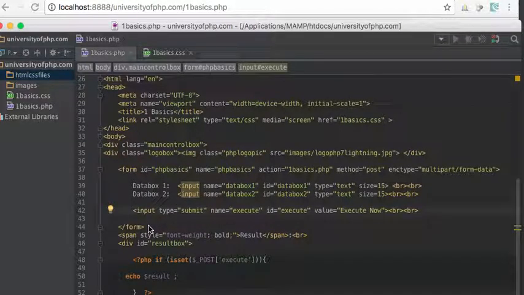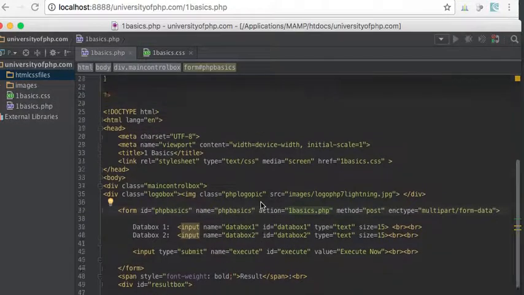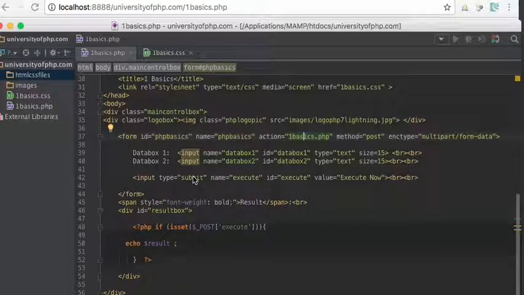button to send all this data in the form. Okay, this submit will create essentially a button, and if you click it, all the data inside these input boxes, okay, here type text, all the information in data box 1 and data box 2, is going to be sent to this program, this script here at PHP Basics, which is our very own web page, right? And so if this is clicked